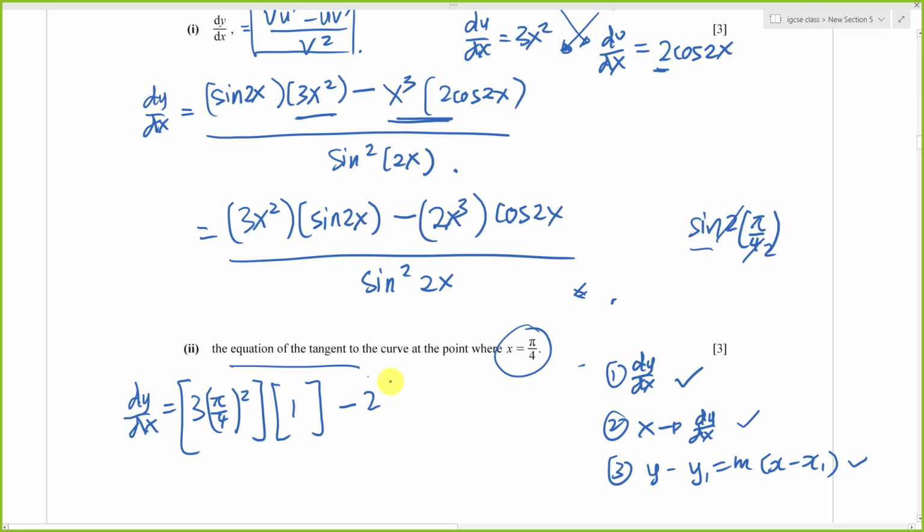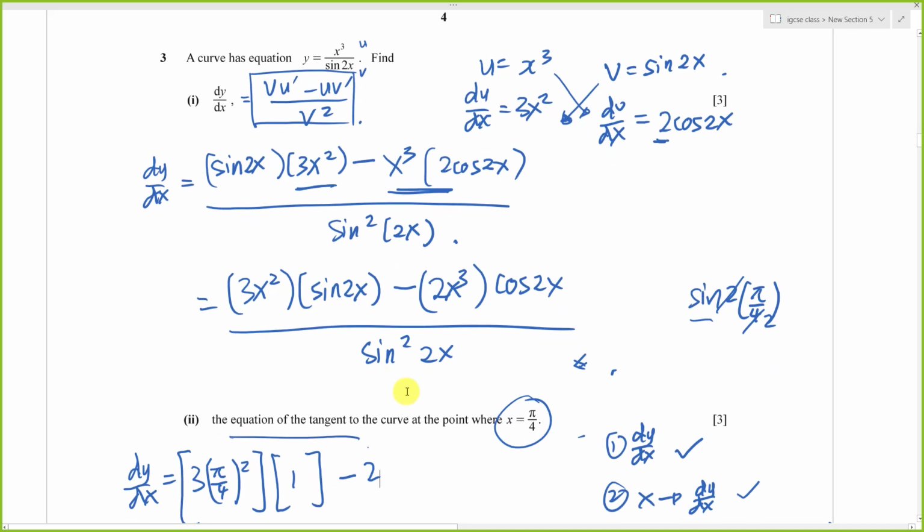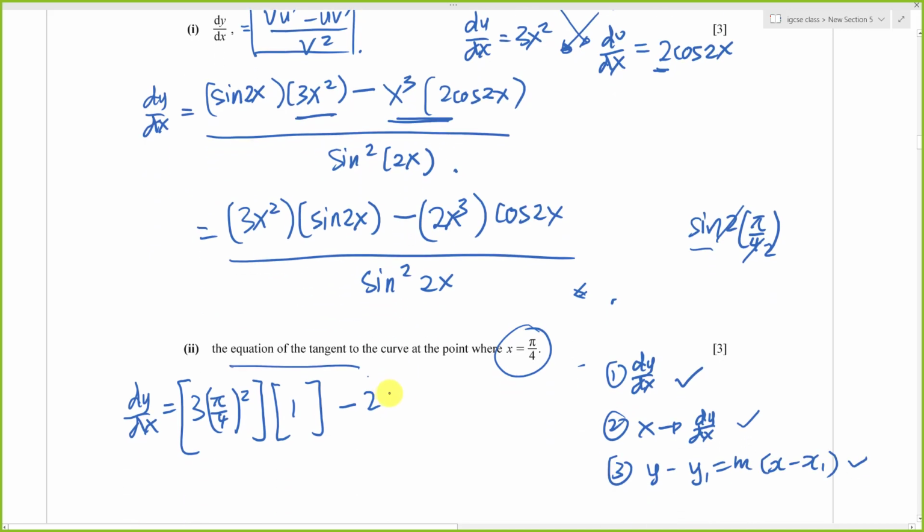Is it x cubed here? Yeah, it's x cubed. So then it's pi over 4 to the power of 3. This is 2. And then cos 2x. Cos 2x, x is pi over 4, isn't it? Simplify, you get cos pi over 2, which is cos 90. Cos 90 you should know is equal to 0. So the whole thing here will be 0 over